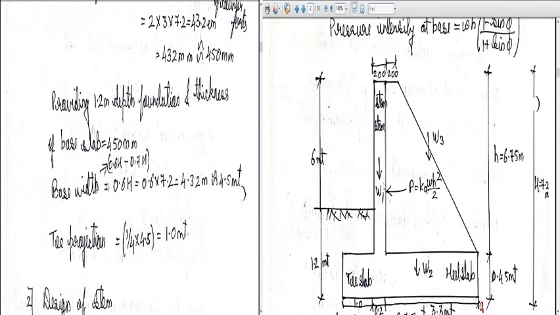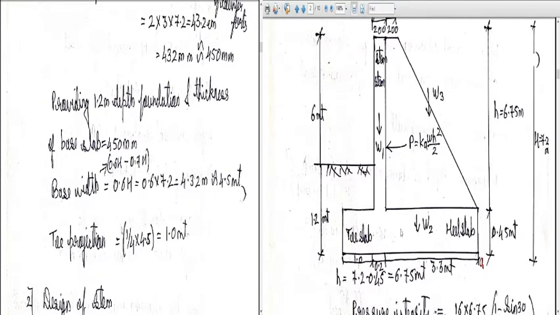So this is our stem, wherein its self weight W1 is acting downwards towards the CG of the ground. This is W2, the base slab of concrete, whose self weight is again acting downwards towards the base, towards the CG of the earth. Here we have the soil, so it is W3. Here is the pressure acting at a distance of 1/3 of this. So P is equal to K into omega H square by 2. And this portion is nothing but the counterfort. So this is how we dimensioned the counterfort retaining wall.